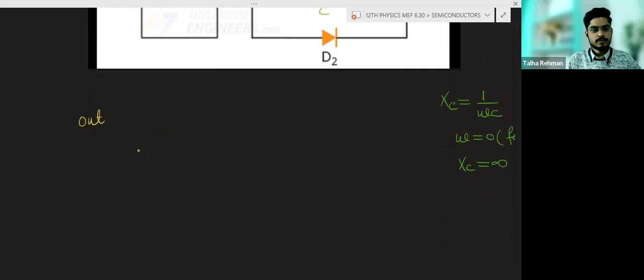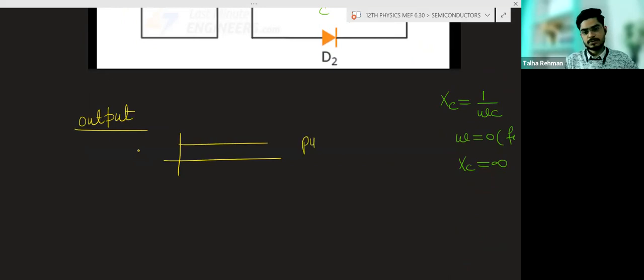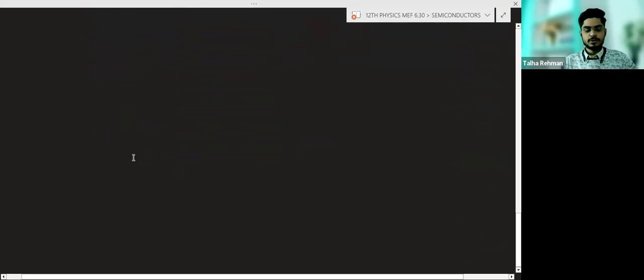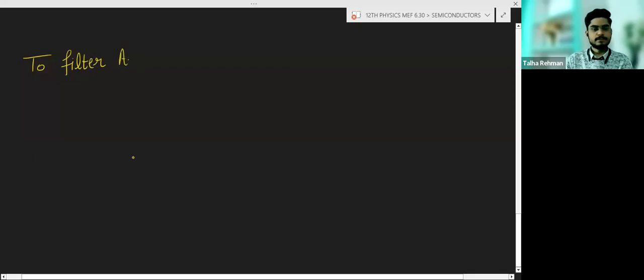Basically, we will get a pure DC output. Pure DC is like this. This is pure DC. Okay, so now, to filter the AC current component